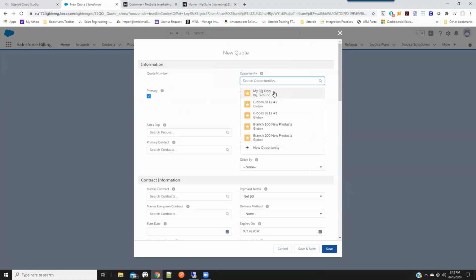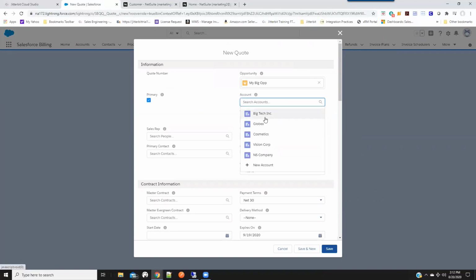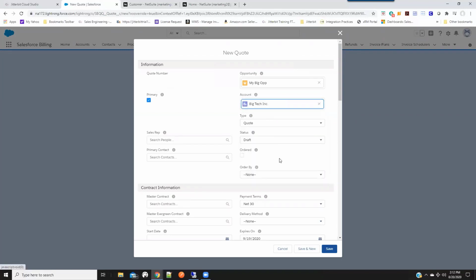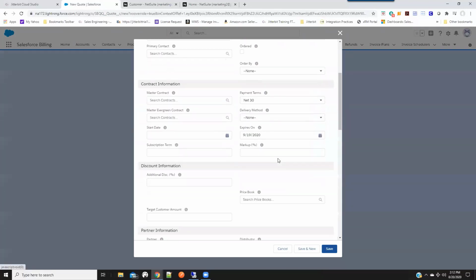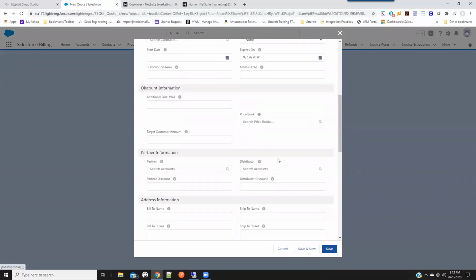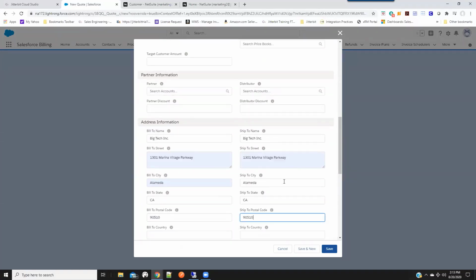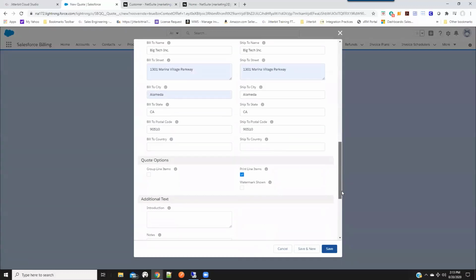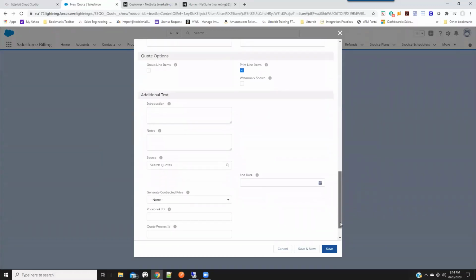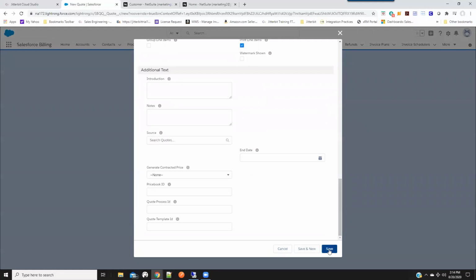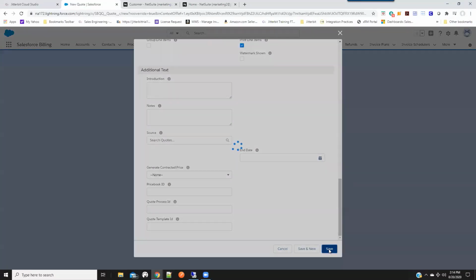Next, we're going to create a quote. I'm going to make it a primary, pick our opportunity name and account. And let's see what else we need to do. Let's go ahead and put some address information in there. We're going to go ahead and save. I think that should do it. Now that we have a quote in the system, as it shows up,